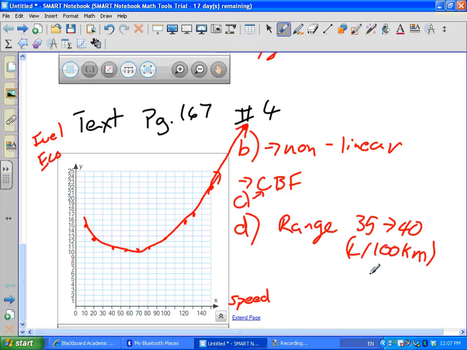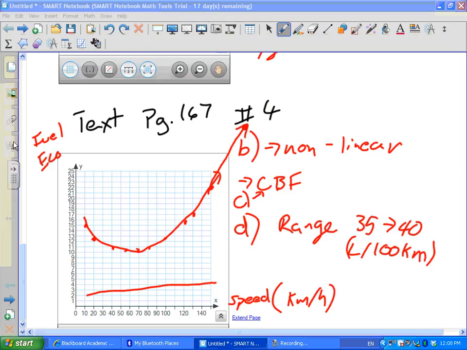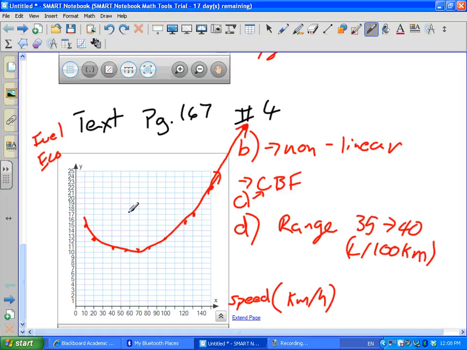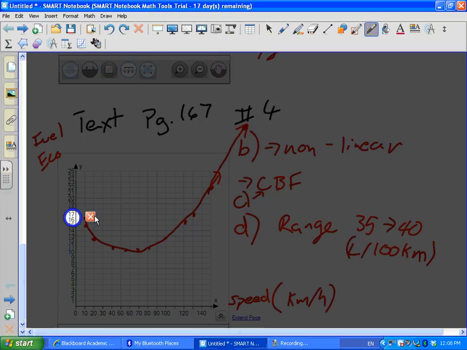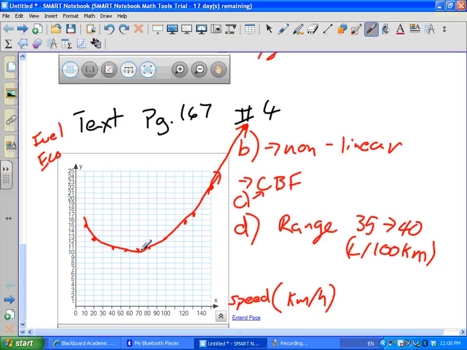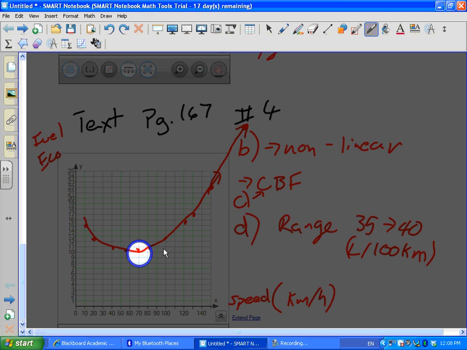And finally, this car does not get very good fuel economy. How would a graph of a car with better fuel economy look? Anyone know what a better fuel economy graph would look like? With all cars, okay, so what this is talking about, in case I didn't quite describe it, this is our kilometers an hour. So as I increase from 10 to 200, so as my kilometers per hour increase, you'll notice that this graph at first, when I'm going slow, it's not the greatest on fuel economy. What it's saying is it's burning 15 liters, 16 liters for every 100 kilometers. But as I get up to about here, so it's our bottom of it,